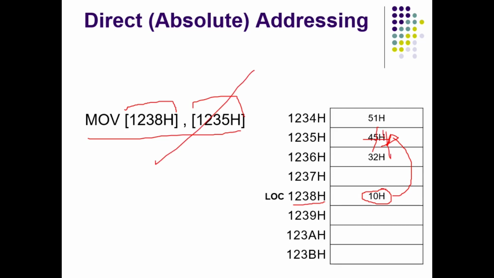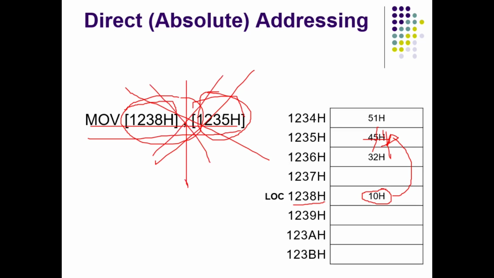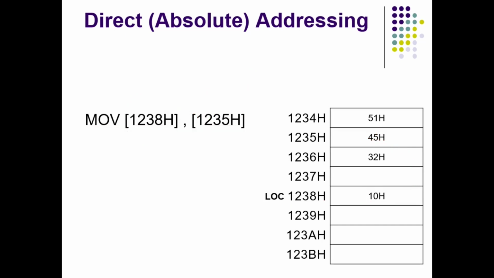Now this instruction itself is invalid. This addressing mode is not at all allowed, because in a single instruction both source as well as destination operands cannot be memory references. Either you can refer to a memory in the source or you can refer to a memory for the destination operand, not both. And why we have this kind of restriction, that both source and destination cannot be memory references, we'll study in a later part of this course.